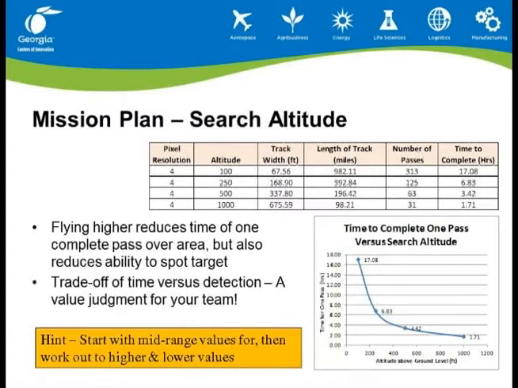If we go up to 500 feet altitude, our track is now 337 feet wide. Now we're only flying 196 linear miles, 63 passes, and 3.4 hours to cover the entire area. So what's the real answer? It's a trade-off of the time to detect